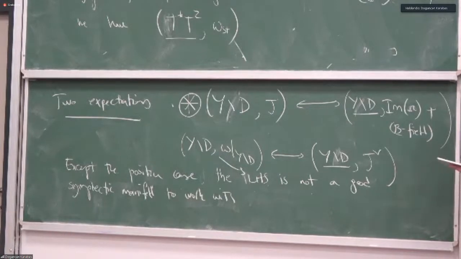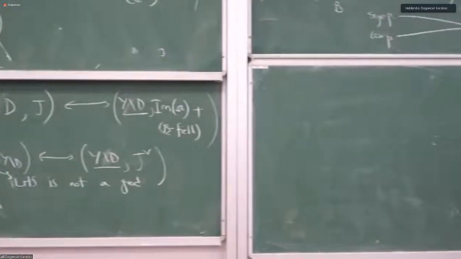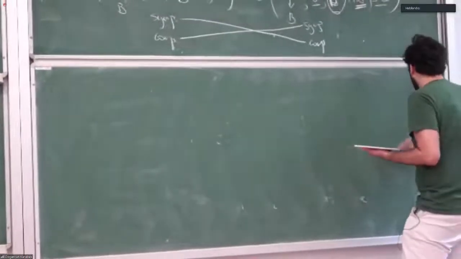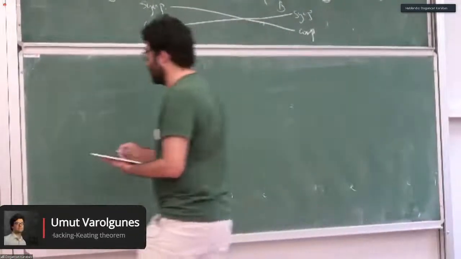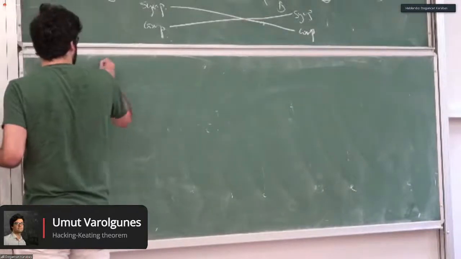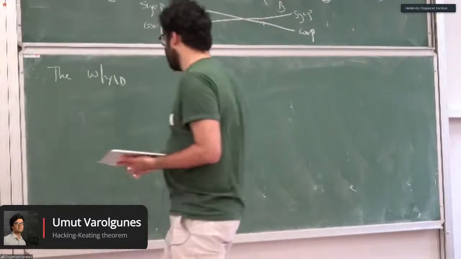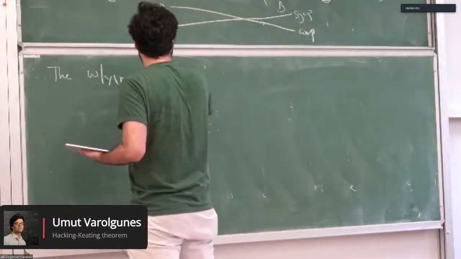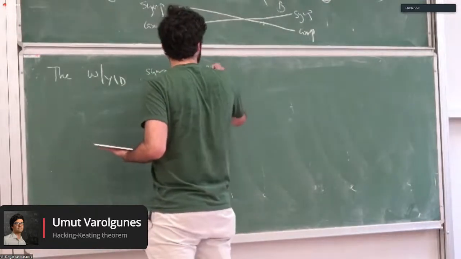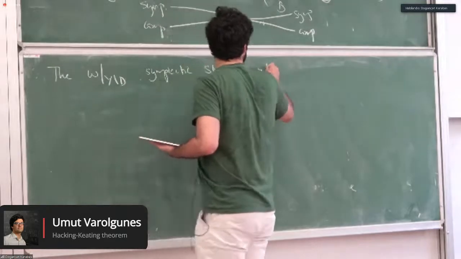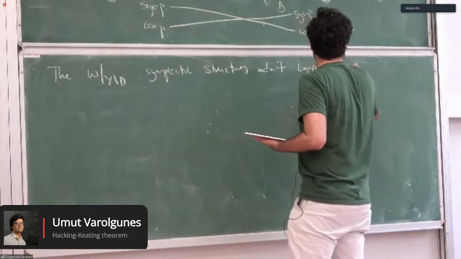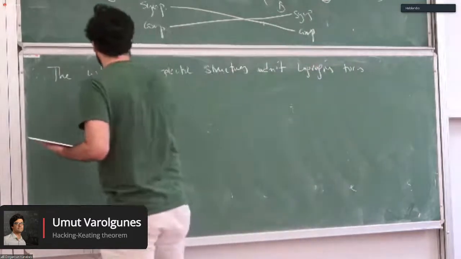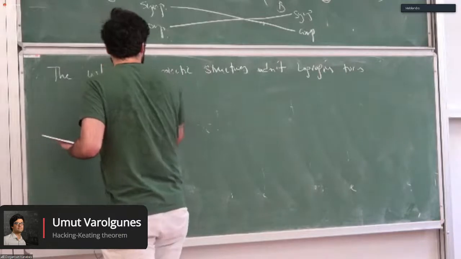Okay, so now I want to say just a little bit about the Lagrangian fibrations, and then move on to the discussion of the Hacking-Keating theorem. So omega restricted to Y minus D, these kinds of symplectic structures, admit Lagrangian torus fibrations with base